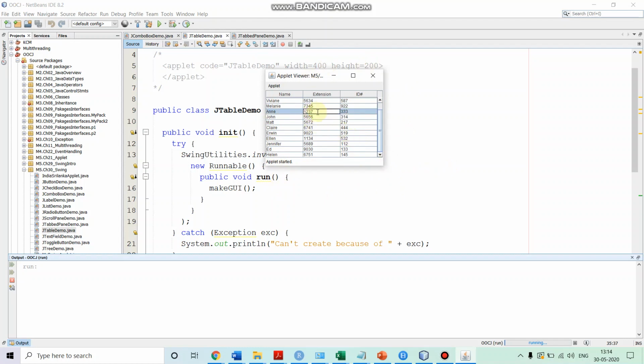We can select a particular value in a cell, and it is editable. We can edit it anywhere. We can select the row and so on, so we can play with this. This is the table. So this finishes the demonstration of using JTable in Java Swing.